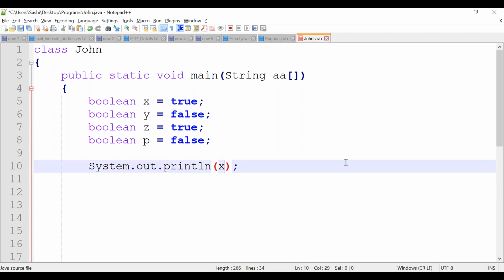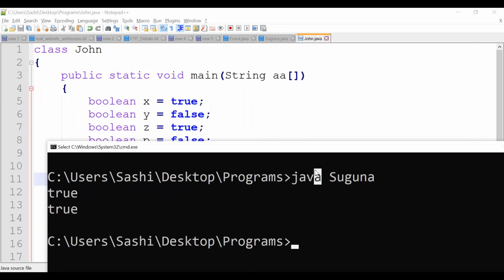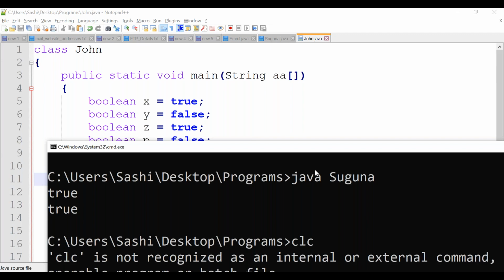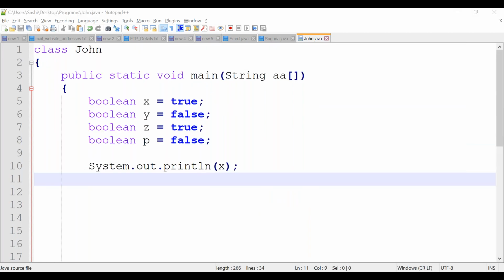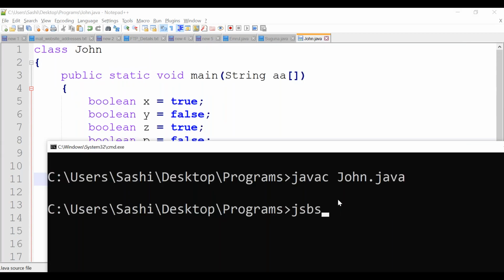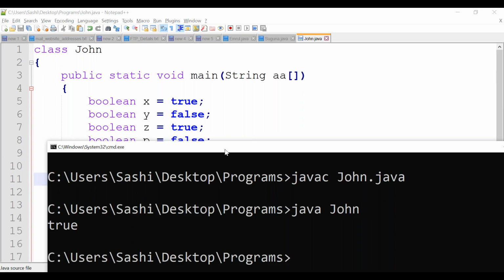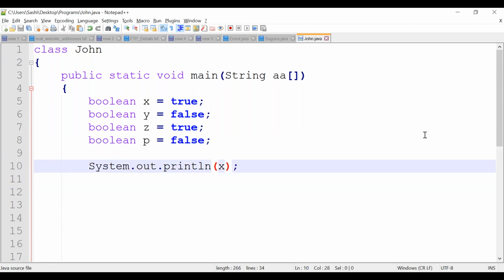Let's go with X. What is X here? Just recompile. X we are just printing. What is X? X we have mentioned true, right? See here, we are printing just X. If I put an exclamation, this is called logical NOT. So if true, it will return the opposite, false, right?